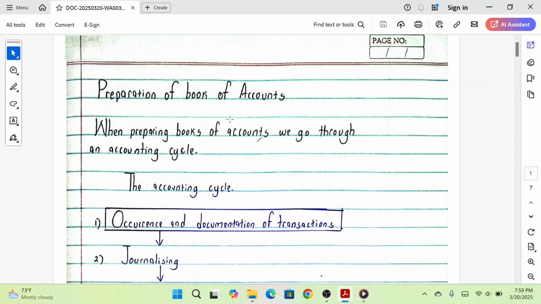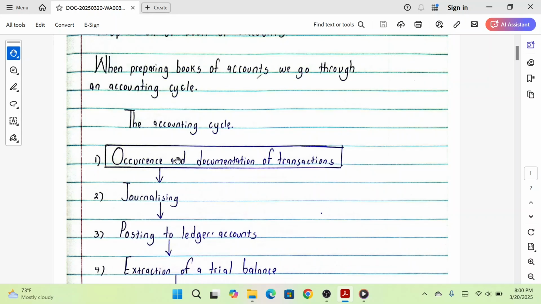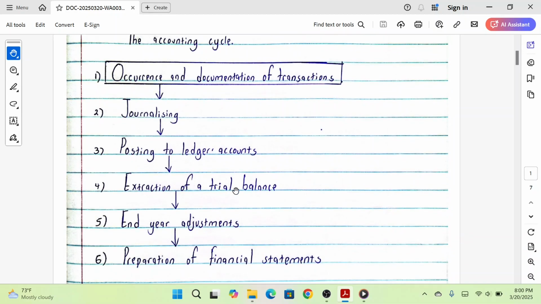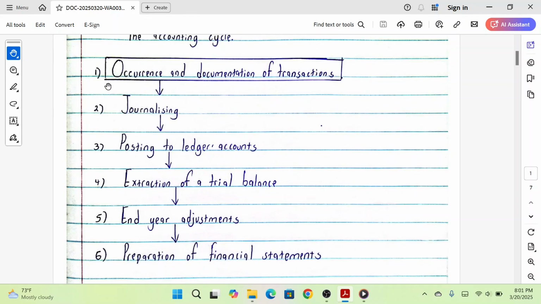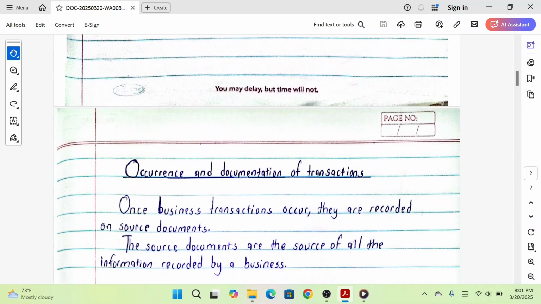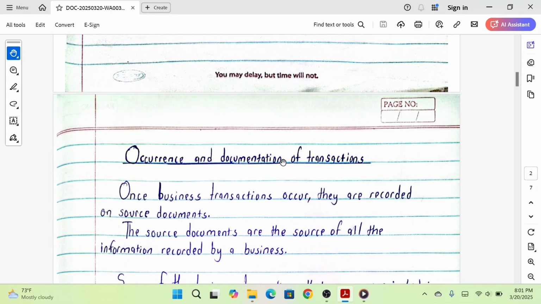So, when preparing books of accounts, we go through an accounting cycle, which comprises the occurrence and documentation of transactions, journalizing, posting to ledger accounts, extraction of a trial balance, end of year adjustments, and preparation of financial statements. Having known that, today we are going to be looking at the occurrence and documentation of transactions. You should know that once business transactions occur, they are